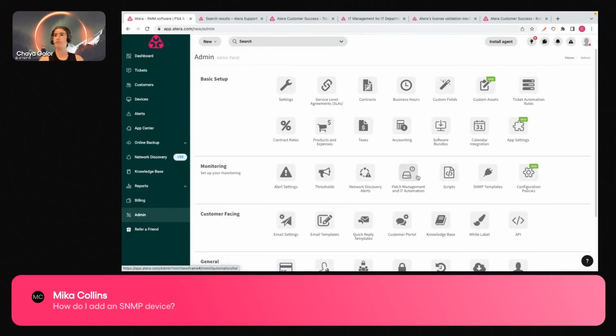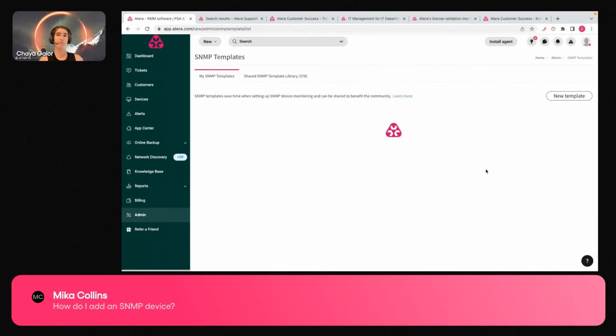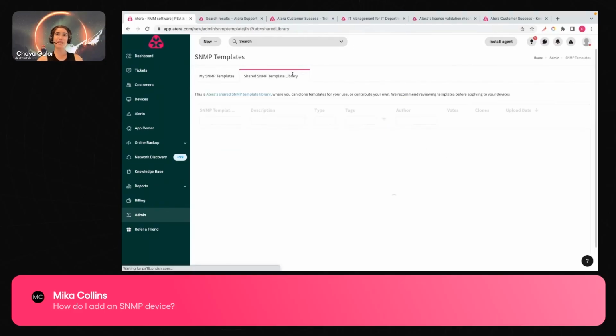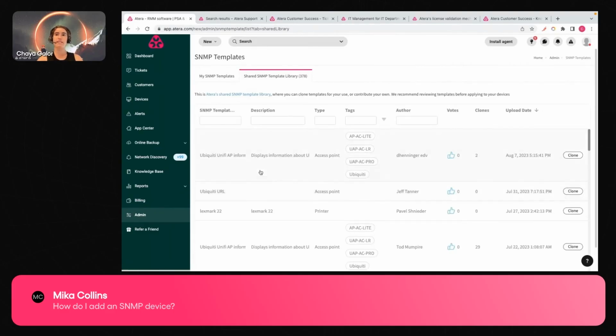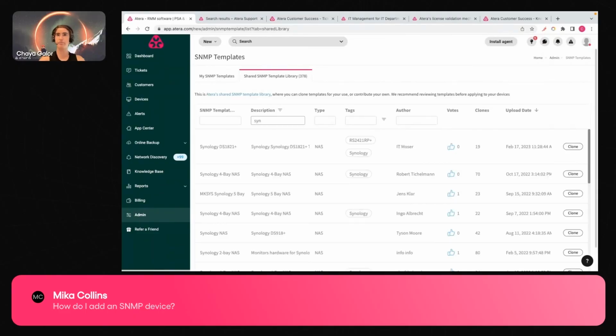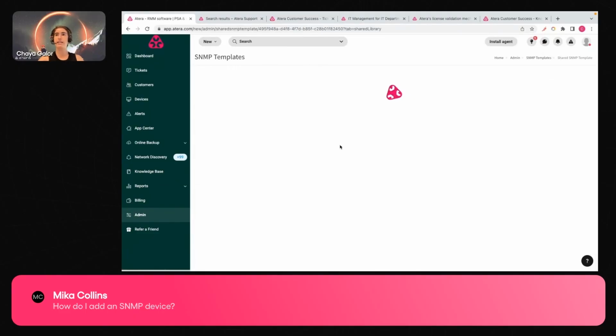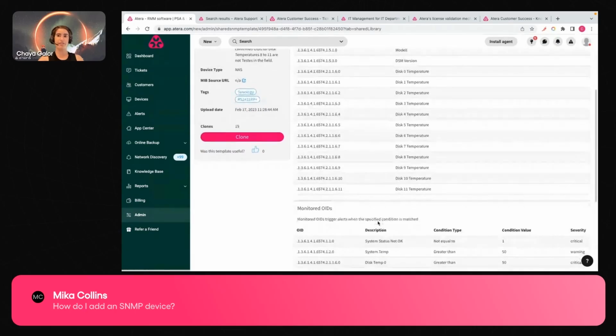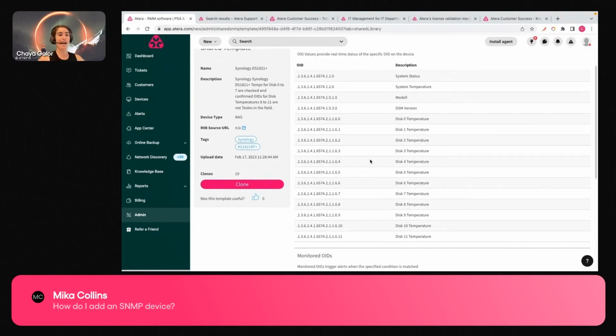And this is also a good time to mention that we also have SNMP templates. So like we have the shared script library, we have an SNMP shared script library. And over here, we can take a look, for example, I know Synology is one that is used a lot. So we can go ahead and see the different OIDs that we have right over here. We're also working on it at the moment, we're also looking to add an SNMP OID AI generator. So you're going to be able to just add your information of what device you want to monitor, and we're going to generate those OIDs for you.